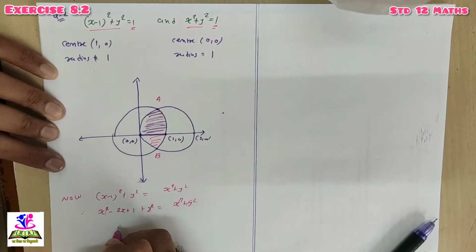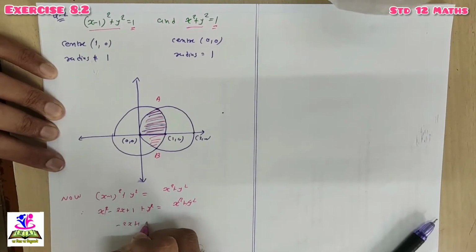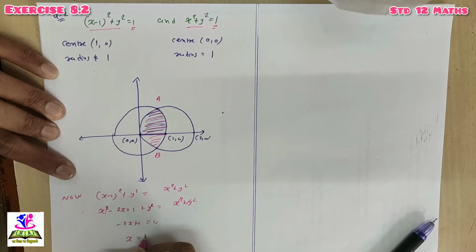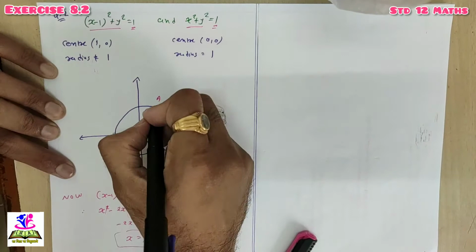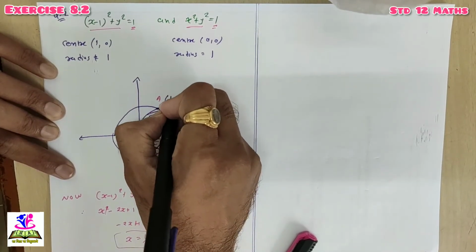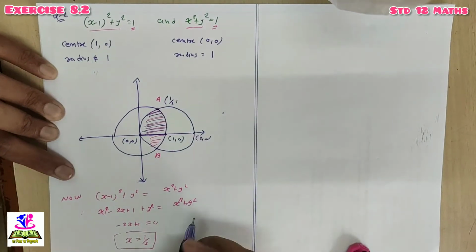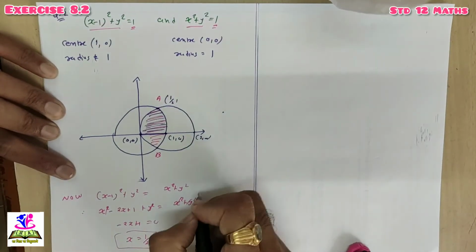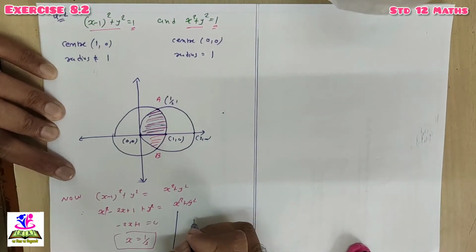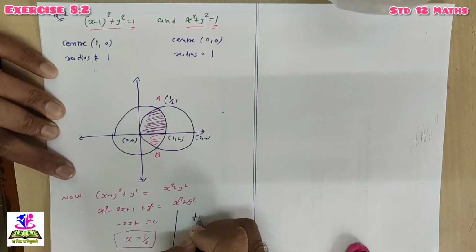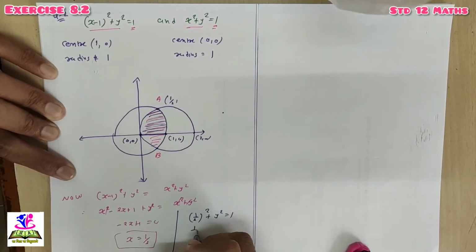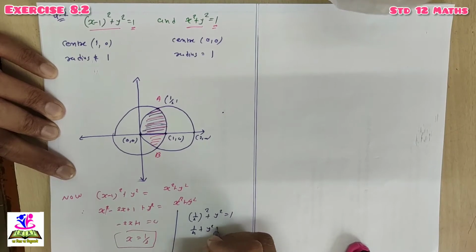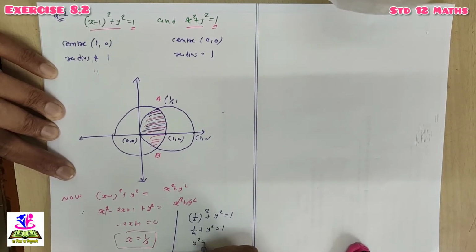So 0 minus 2x plus 1 equal to 0. So we're getting x equal to 1 by 2. So value of x is 1 by 2. So the x coordinate of this point A is 1 by 2. Now we have to find the value of y. So put x equal to 1 by 2 in the equation x square plus y square equal to 1. So (1 by 2) square plus y square equal to 1. So it's 1 by 4 plus y square equal to 1. So y square equal to 1 minus 1 by 4, that is 3 by 4. So y equal to